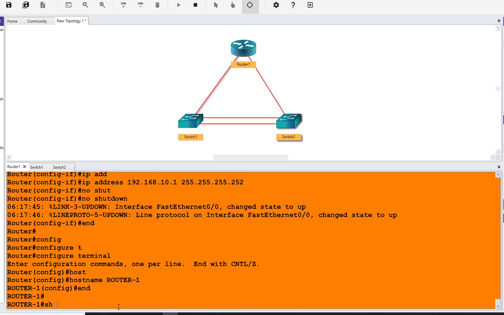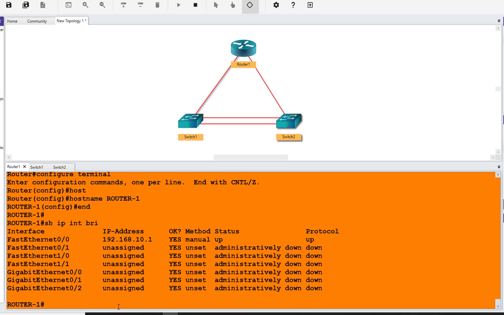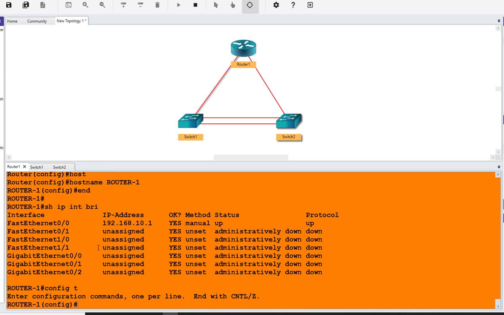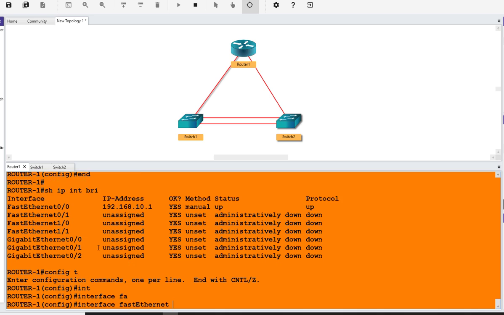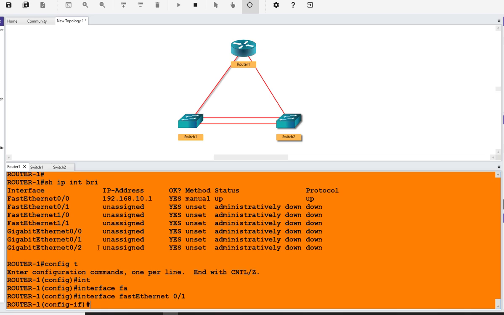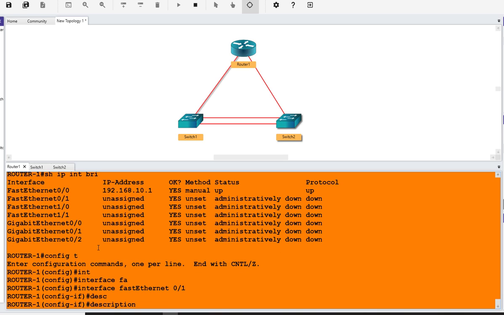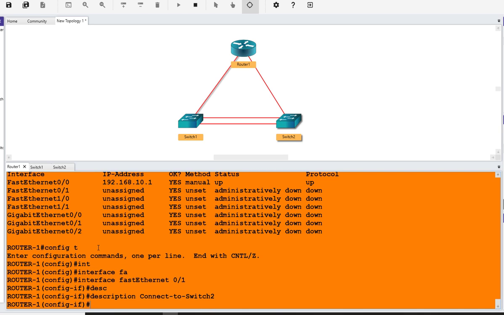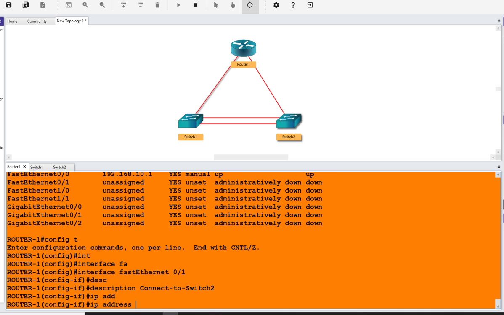So we're going to do another show, and we're going to confirm the interface is up. So 0/0 is up. Our next interface is 0/1. We're going to go to interface FA0/1, and we're going to put a description: connect to switch 2. Then we're going to do an IP address, and this one is going to be a